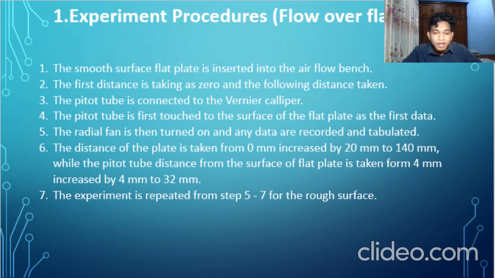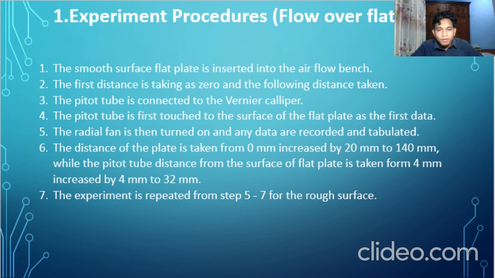Number 6, the distance along the plate is taken from 0 mm increased by 20 mm to 140 mm, while the pitot tube distance from the surface of the flat plate is taken from 4 mm increased by 4 mm